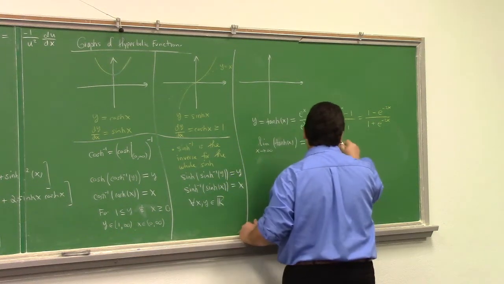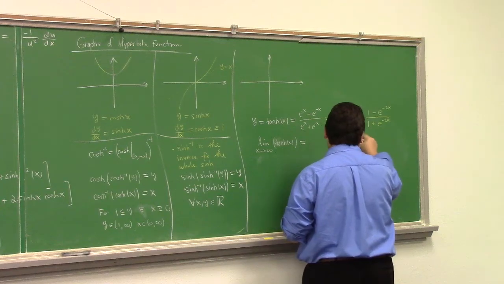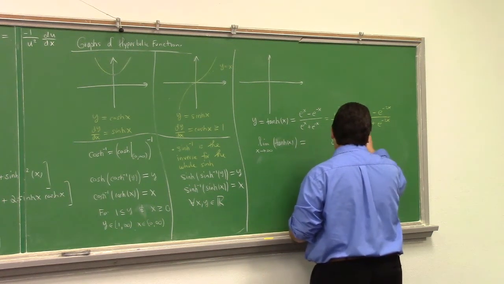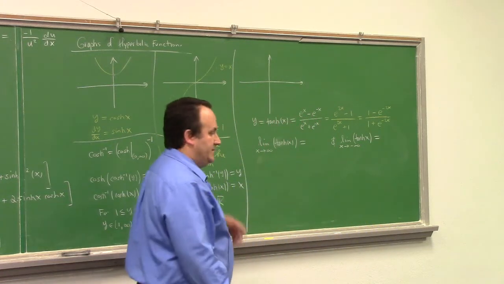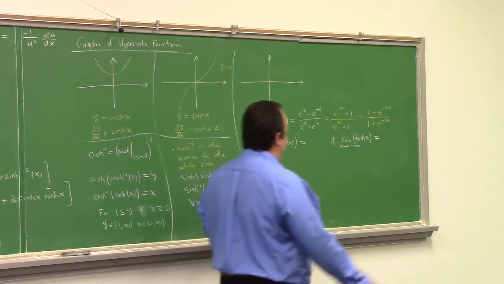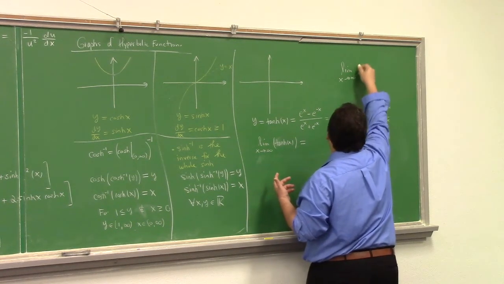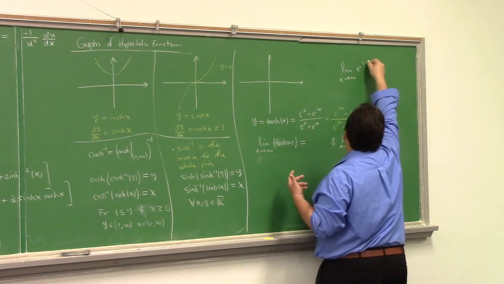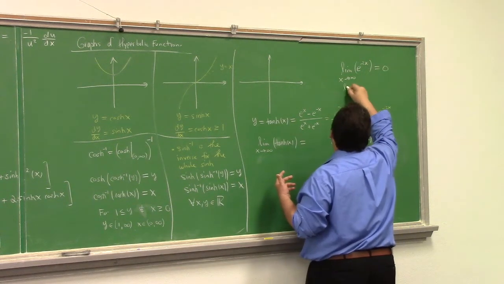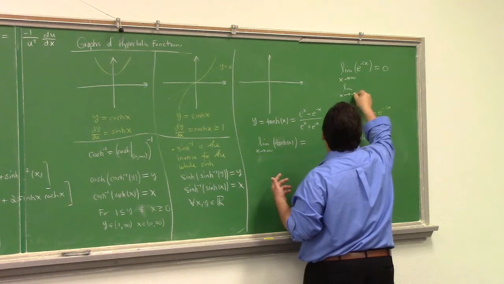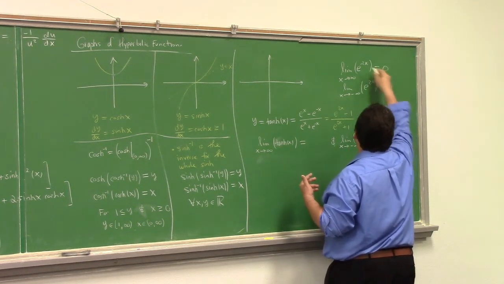And what's the limit as x goes to minus infinity of hyperbolic tangent equal to? See, the key observations here are that the limit as x goes to infinity of e to the minus 2x is 0, right? And the limit as x goes to minus infinity of e to the 2x is 0. So these two